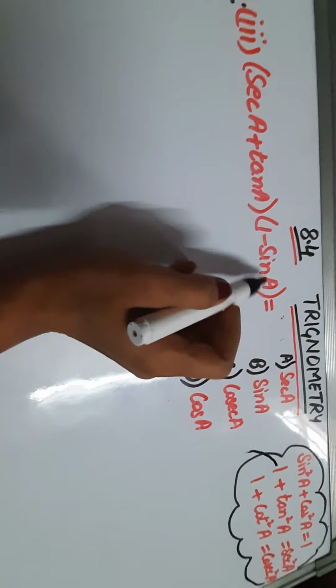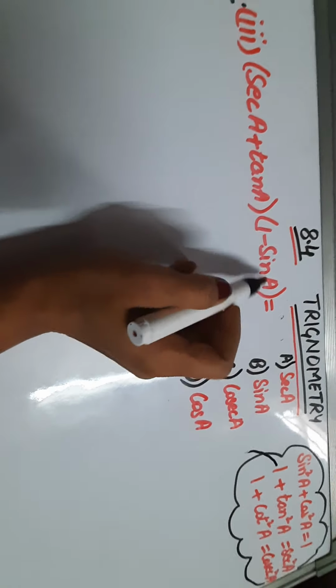So the second step, always keep in mind, if you are not able to apply any trigonometric identity directly, then the second step you have to follow is to convert the given ratios into sine and cos. Whatever is already in terms of sine or cos, we'll keep as it is, but the remaining will get changed into sine and cos. So let us start converting it. Secant A has a relation with cos A, means 1 by cos A, plus tan A can be replaced by sin A upon cos A.